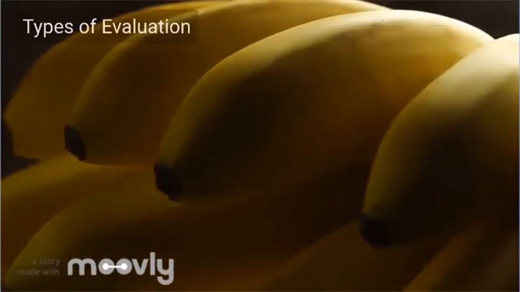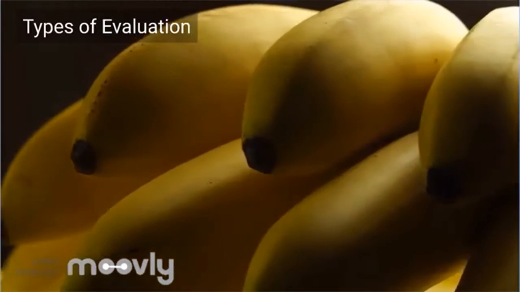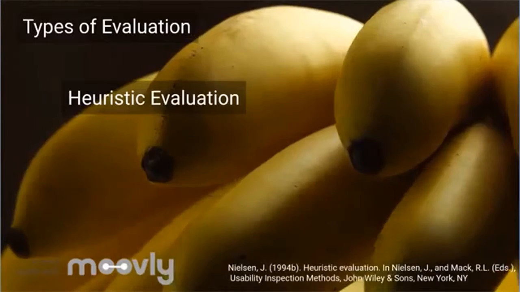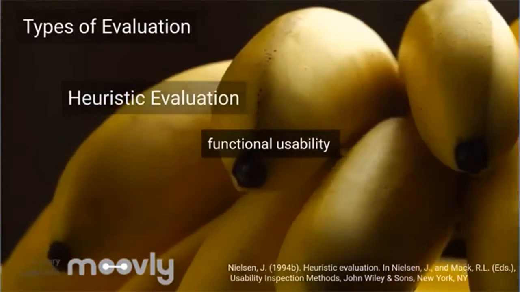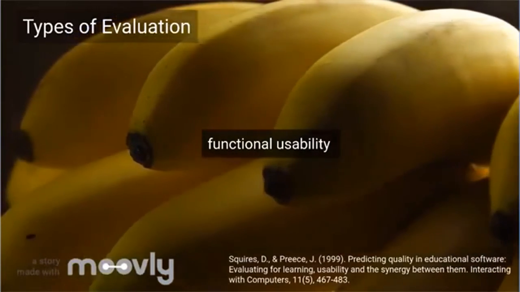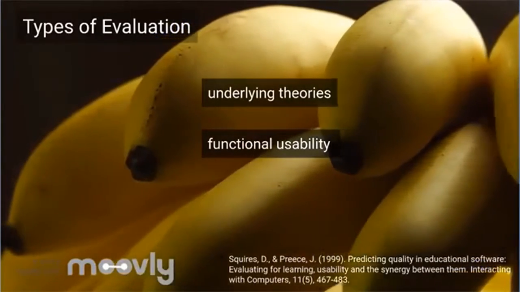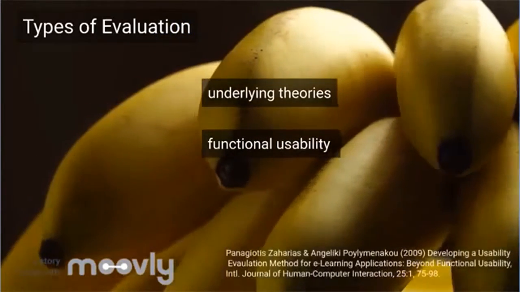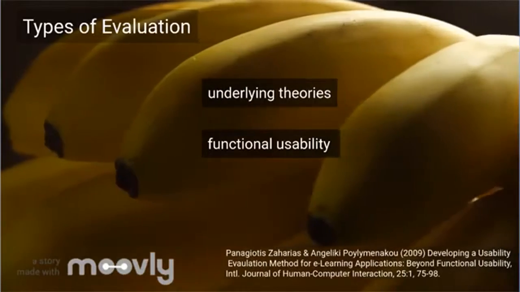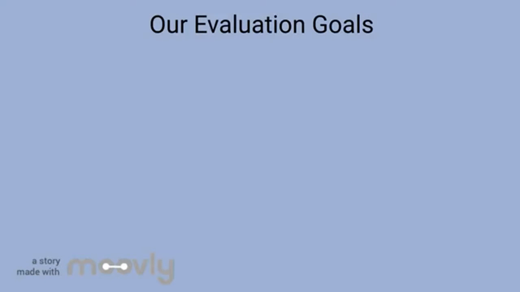Evaluation can take many forms based on what features the designer wants to assess. Many digital designers will be familiar with heuristic evaluations that test the functional usability of a technology. Squires and Preece, when discussing e-learning platforms, argued that it was necessary to also consider the underlying theories of a product to ensure design goals were met. Zacharias and Polymenakou go further and argue that the affective dimensions of users are also critical to understanding and interpreting the user experience. Based on this literature, the goals of our formative evaluation were to determine how well our design